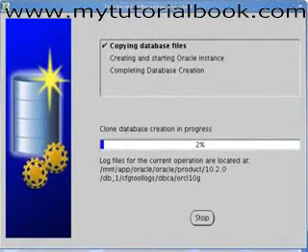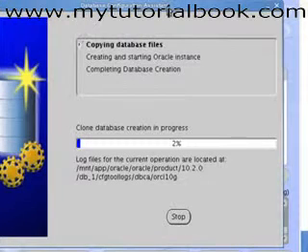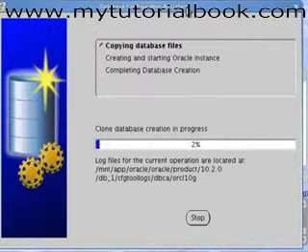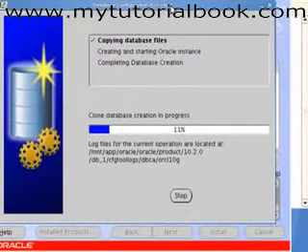This database configuration assistant is the one which will create the starter database for us, which we wanted during the initial installation, the option that we specified. So it will create a starter database with the default values. So the files would be copied first, and then the Oracle instance would be created and started. The various background processes will be started as part of the Oracle instance, and then the creation would be completed. So the log files for this database creation alone are available from the directory that is specified here.